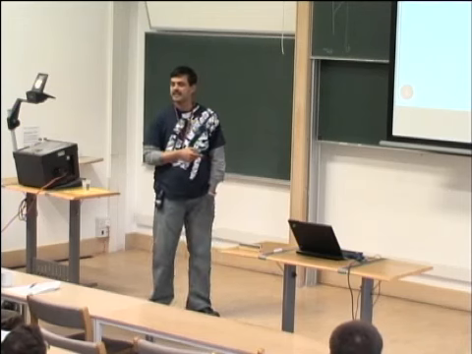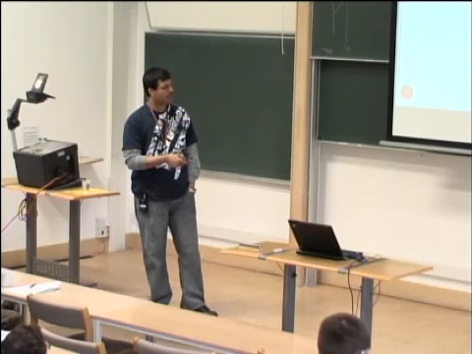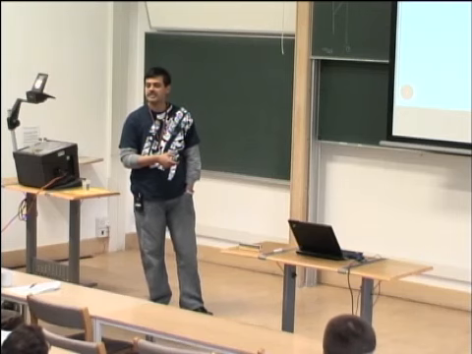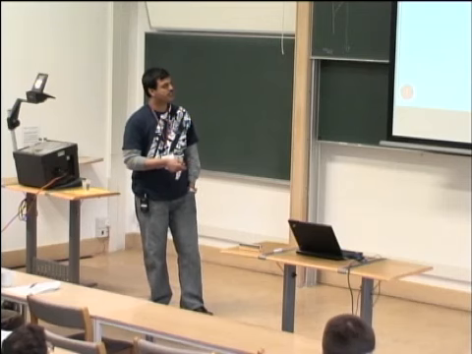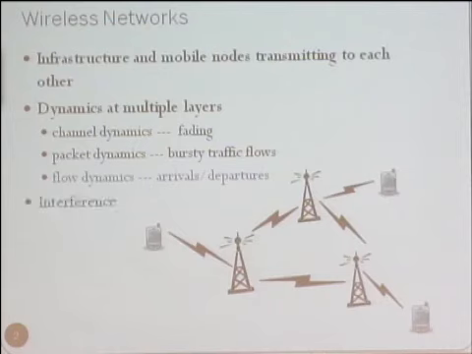Something that's not been studied quite as extensively is flow dynamics. By flow dynamics, what I mean is that these users arrive into the network, transfer a certain amount of data, and then leave the network. In general, most of the literature assumes that you have a fixed number of mobiles in the network. And of course, there's also interference. That's something that I'm not going to consider. In general wireless networks, when two people are transmitting at the same time, their signals interfere with each other, and that limits your ability to communicate. But that's something that I'm not going to talk about today.